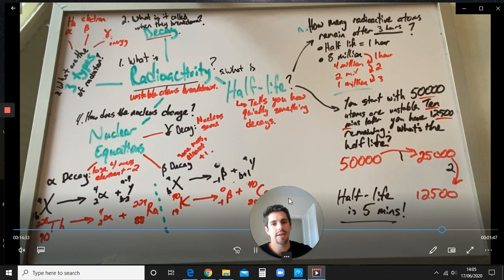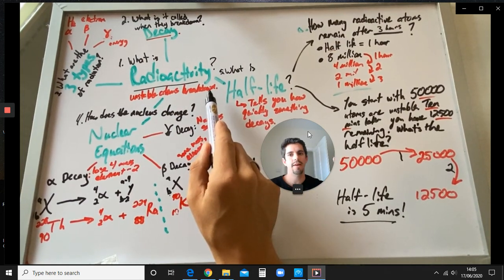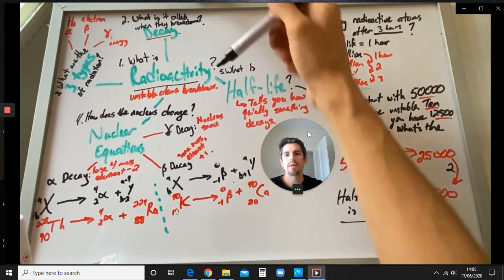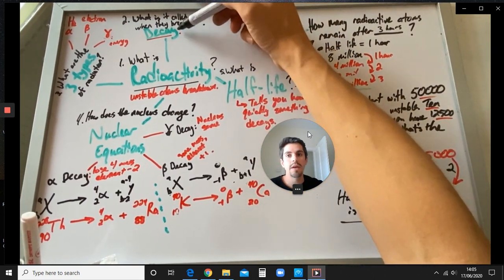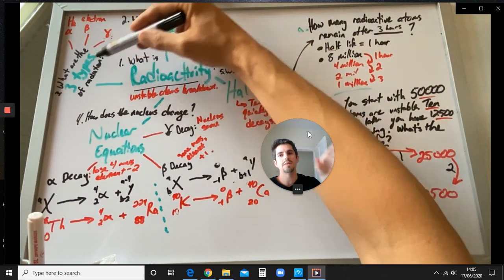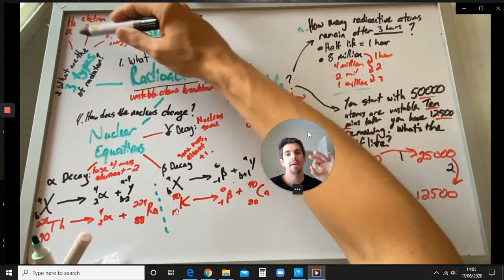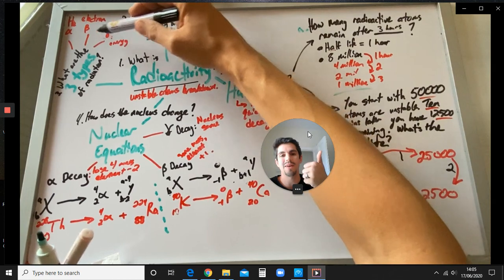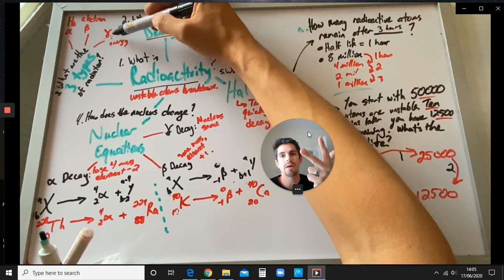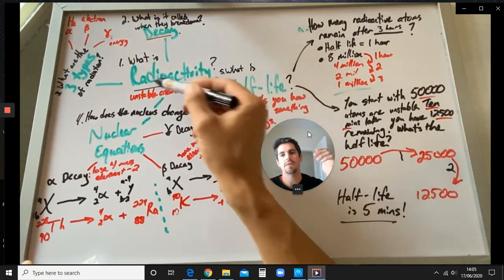That's the second type of question. Now I'm doing a recap of everything here. What is radioactivity? It's when unstable atoms break down. And what do you actually call that breakdown? You call that radioactive decay, where the nucleus is changing from what it was into something else. When it does that, it can go through 3 different types of decay: alpha, beta, or gamma. Alpha being a helium nucleus with a big mass, beta being an electron, and gamma just being some energy, an electromagnetic wave that gets shot out of the nucleus when it decays.